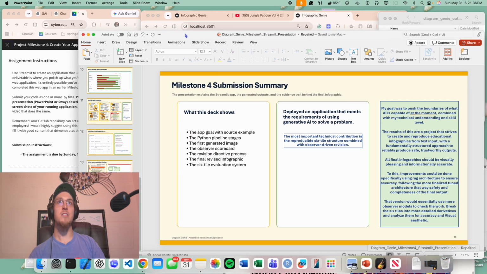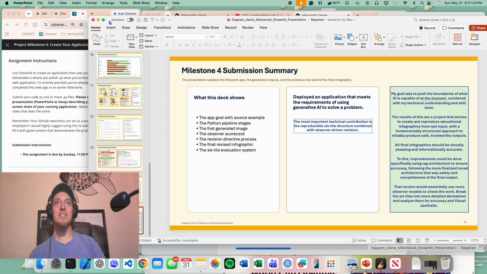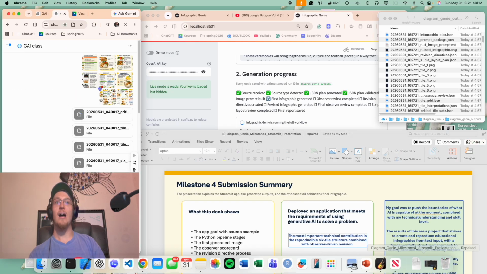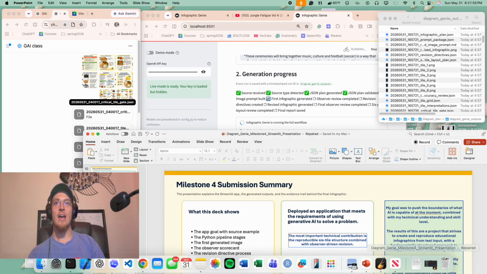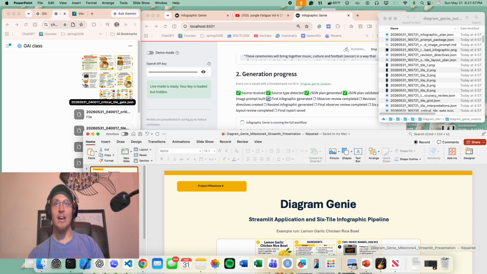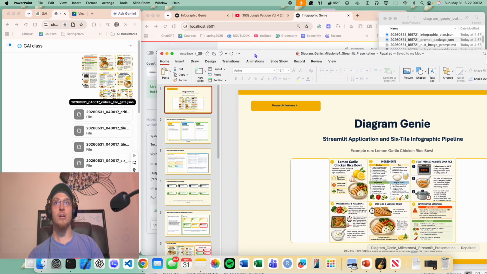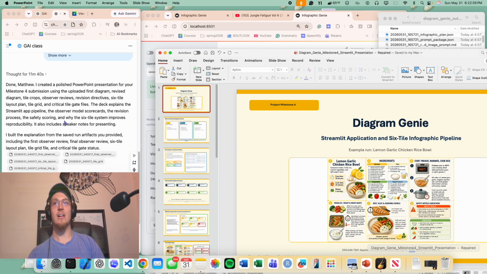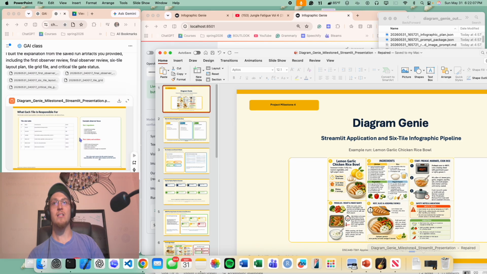I have created this presentation using ChatGPT in order to preserve my credibility and transparency. This was generated using source material that I had previously generated. I made this infographic that uses a previous output and all of the artifacts from that previous output. So I've pasted all of those into ChatGPT, and it took a little bit, but it created the presentation that I will be reviewing